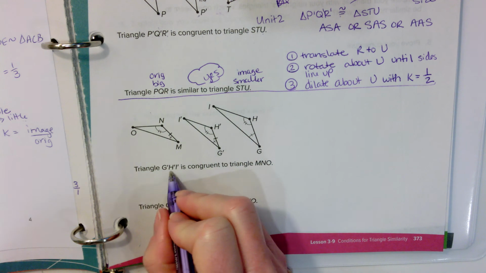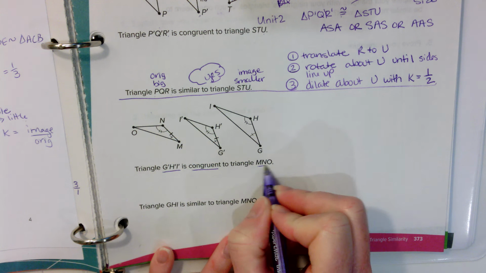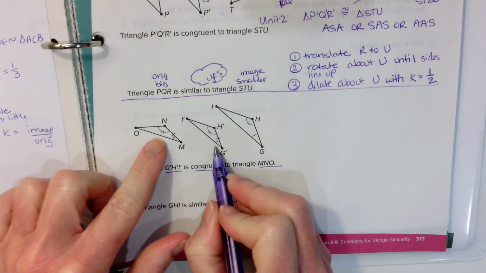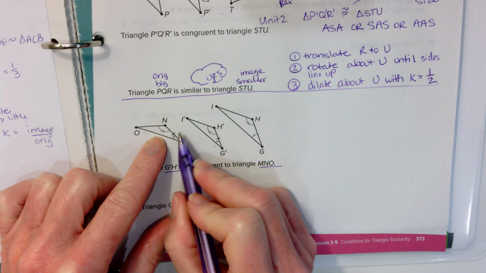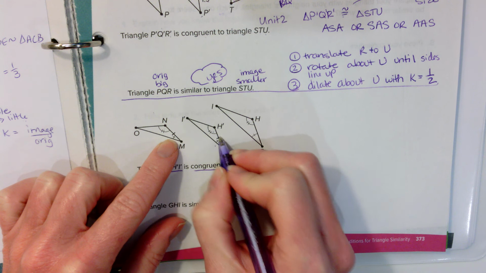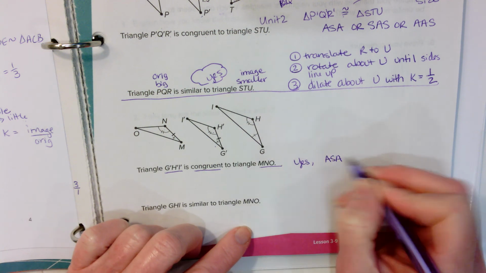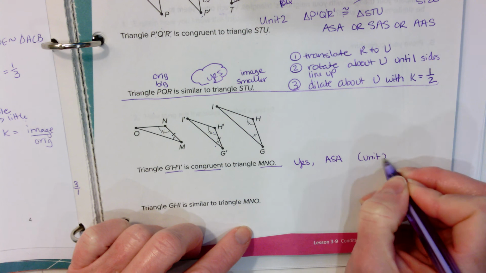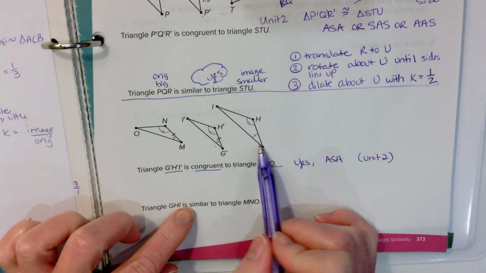It says that my G prime, H prime, I prime is congruent to my M and O. So these two right here, are they congruent? Yes. When I look at them, I see angle, side, angle, congruent to this angle, this side, and this angle. So this is yes, by angle, side, angle. That's unit 2 work. And now it's asking me, is GHI, this is the bigger one,